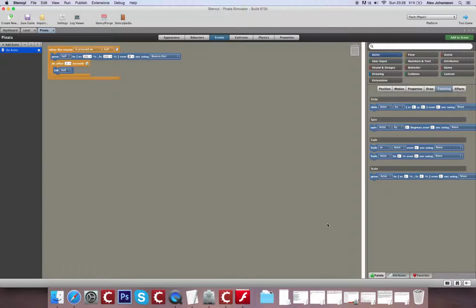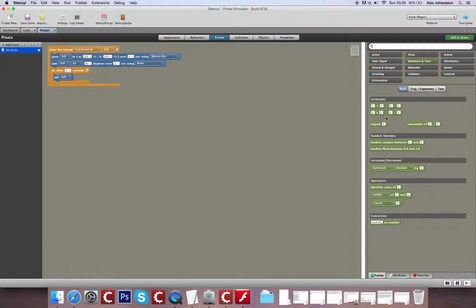So now what we're going to do is spin our character. Let's add a twist as it spawns. For that, I could just set a number, like let's say 90 degrees. But the only issue with that is it'll just do the same thing every time. So for this, I'm going to use a random number, between